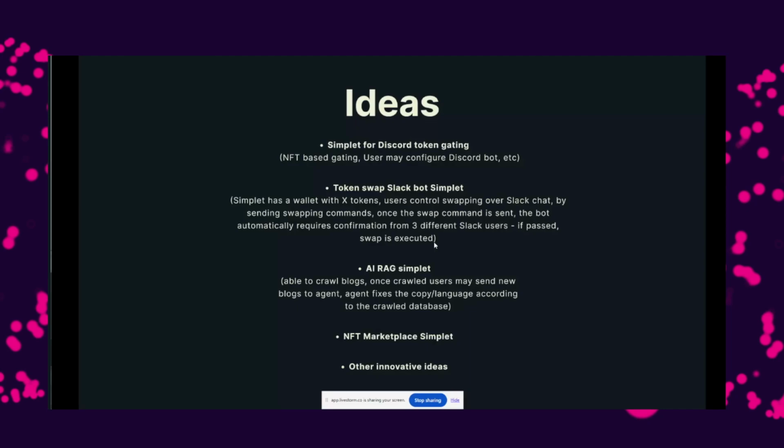Inside a Slack channel, we can talk to this bot and say, can you swap tokens for Glimmer? The bot reacts over the chat, creates a multi-sig over the chat and asks, are you approving this swap? If on Slack they respond, yes, I approve, the swap is made.